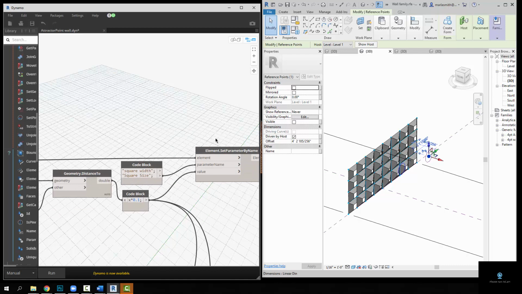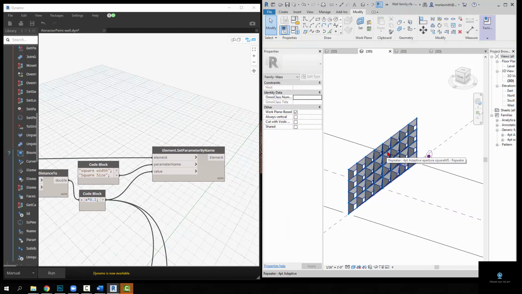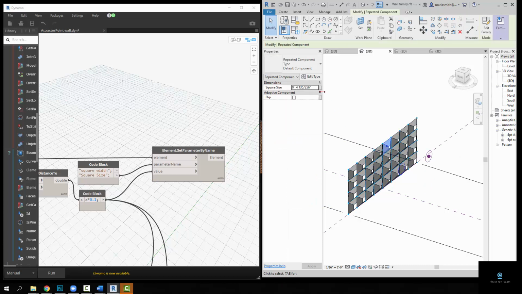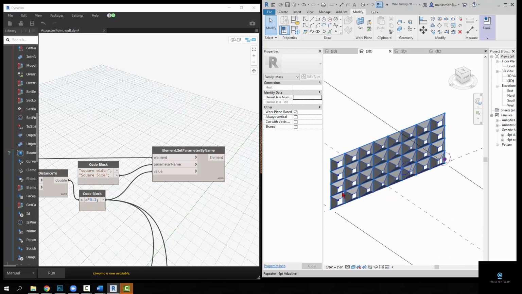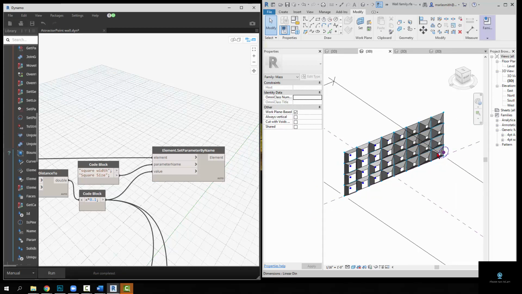And then that gets placed into a set parameter by name, and we go and get, right, the parameter, which if I edit the square size, right, and then adjust that. And I've got another one with square width on it, so I have 2 in here. But since I moved that circle, if I run this again, let's go ahead and shift this through here, right? If I run this again, right, you'll see them update. So those are closer, and then if I load this into project